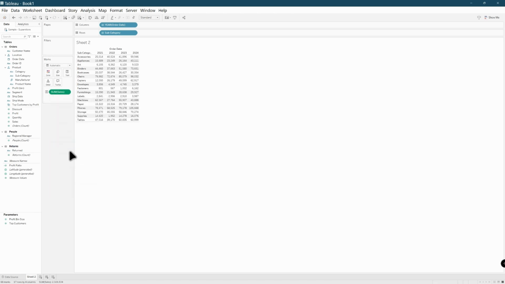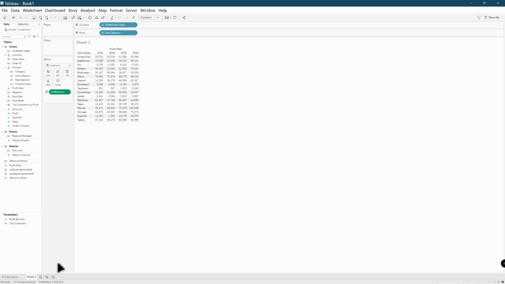Now that you have created this table, you probably want to know how to change the title of the table. Why the sheet 2 isn't really appetizing to the eyes. So how do we change this sheet 2? There are 2 different ways to actually change this sheet 2. The first way, and yours probably says sheet 1. For some reason mine defaulted to sheet 2, maybe because I opened the file too many different times.